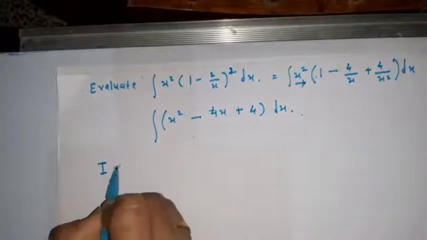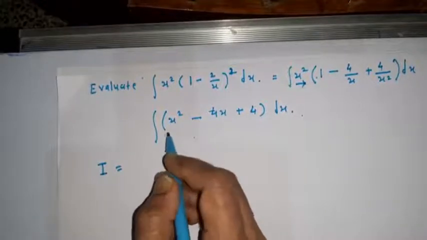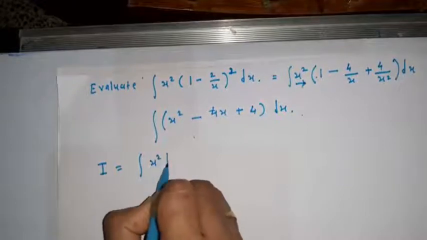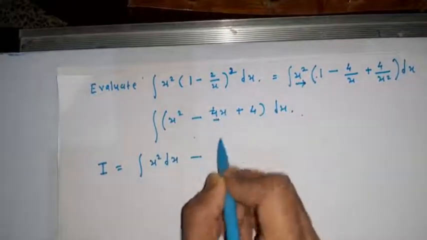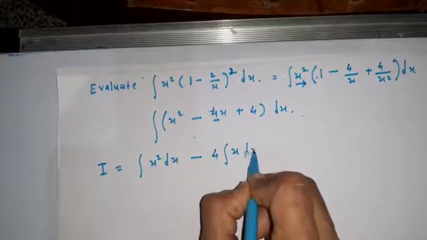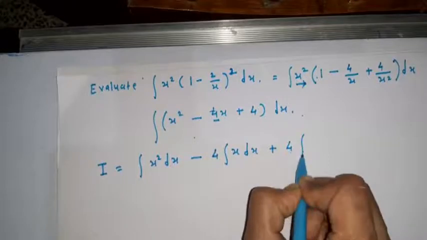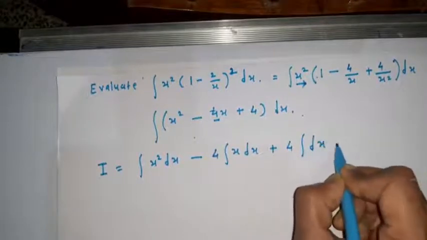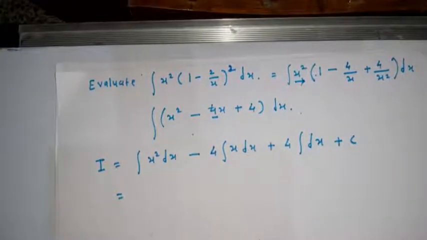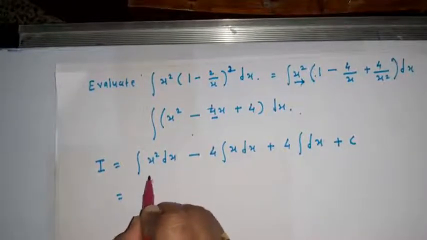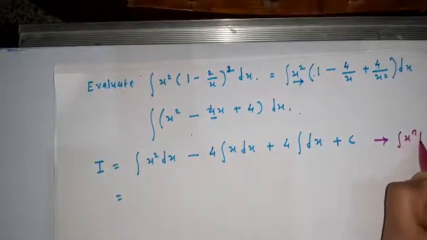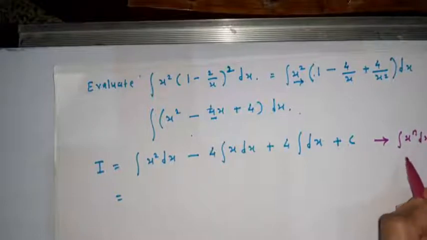And now integration I equal to, take the integration of each term separately, that is integration of x square with respect to x minus 4 as a constant, take it outside, integration of x with respect to x plus 4 as a constant, and integration with respect to x plus constant of integration c. So by using x raised to n formula, that is integration of x raised to n with respect to x is x raised to n plus 1